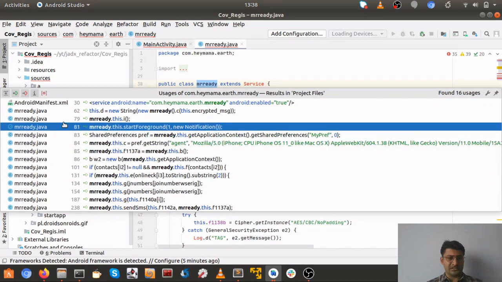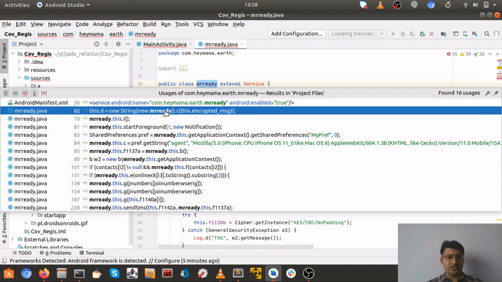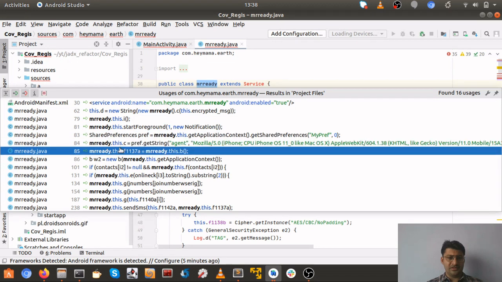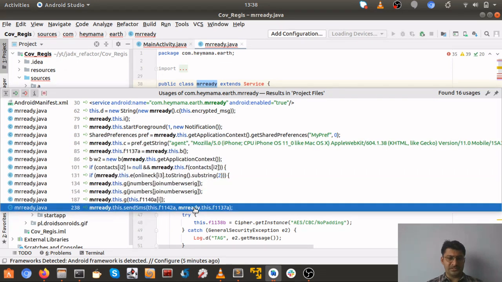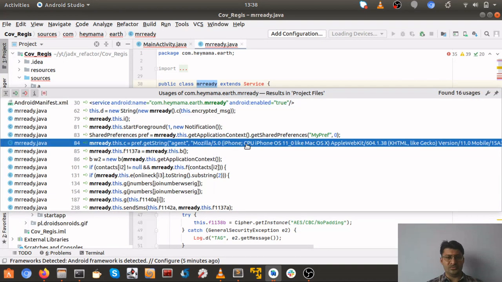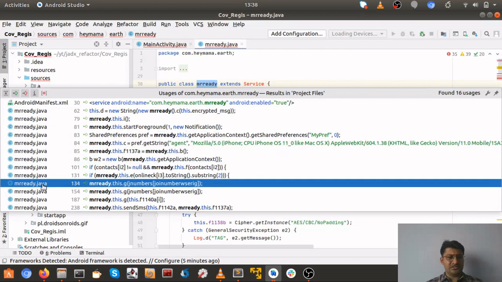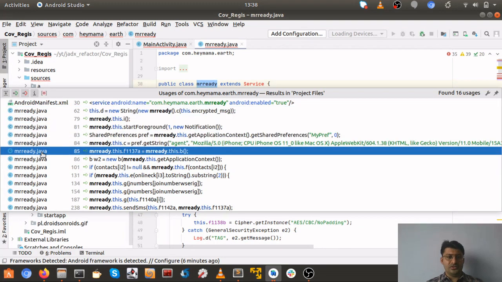Here these are 13, but if you search for this particular string, there are 16: 1, 2, 3, 4, 5, 6, 7, 8, 9, 10, 11, 12, 13, 14, 15, 16. So it says 16 usages. And one thing to notice here is that the initiation file is all MRReady.java. So I don't think this is being called from anywhere outside.